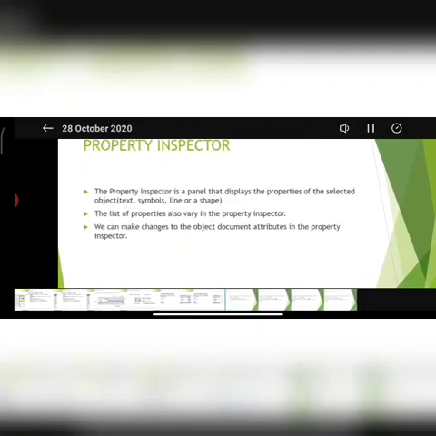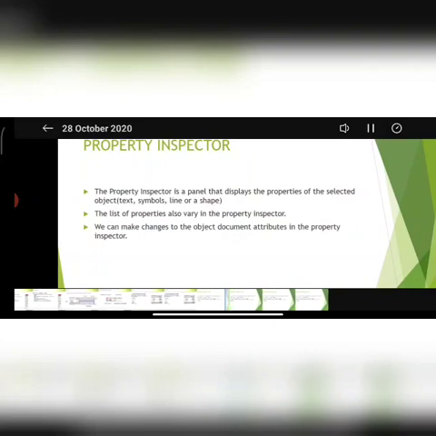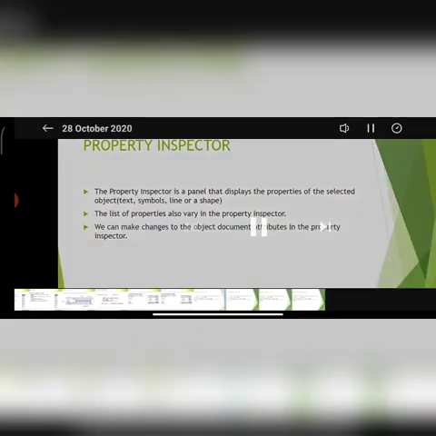So next one is property inspector. The property inspector is a panel that displays the properties of the selected object. That is, whether it is text, symbol, line or a shape, it will be indicated. The list of properties also varies in the property inspector.